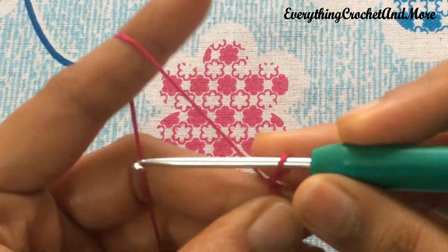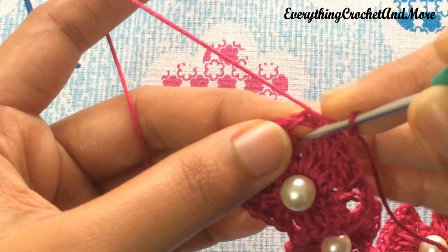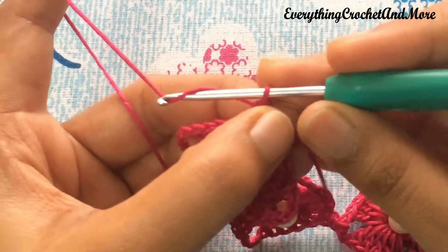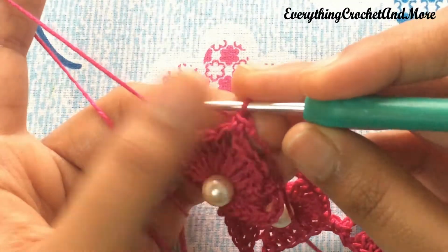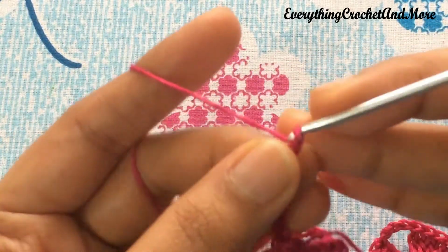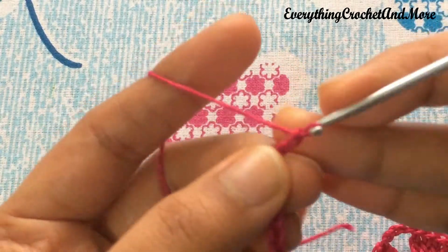That done, now put your hook in the second chain stitch of this 3 chain loop like so. That done, followed by a slip stitch like so. That done, followed by 80 chain stitches. So we'll be making a foundation of 80 chain stitches. So let's begin. 1, 2, 3, 4, 5, 6, 7, 8, 9, 10, 11, 12, 13, 14, 15, 16, 17,